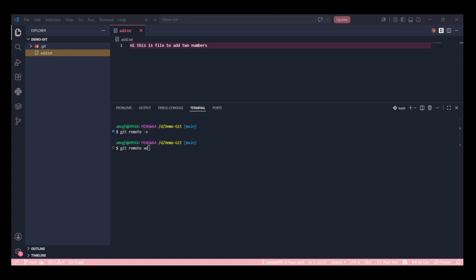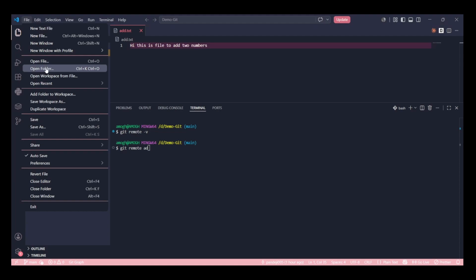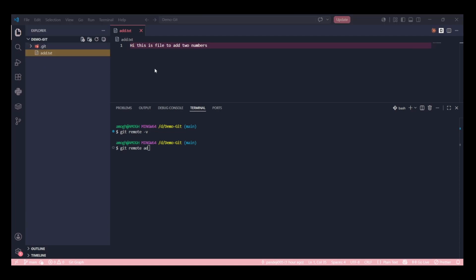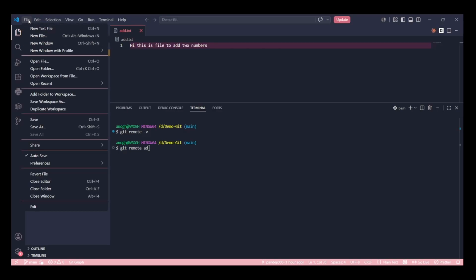So first of all, if you guys are not familiar with VS Code, VS Code is a text editor or code editor. Okay. So first we'll go ahead and open a new folder. Let me just tell you again. Go to the File section here, and I want you guys to follow along with me. I'll go very slowly and you can tell me whether you have completed it or not. So first I'll go into the File section here, open folder.